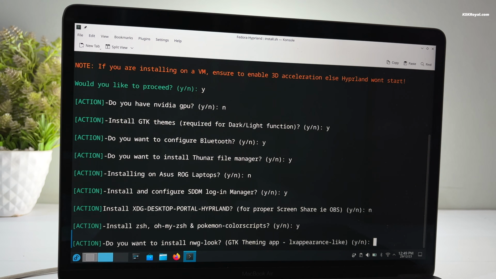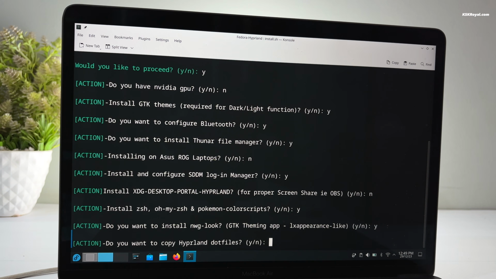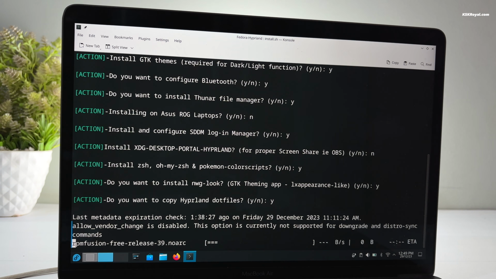It's recommended to install nwg-look, SwayNC, and Hyprland files. Now the installer will do its magic and will take some time to complete.